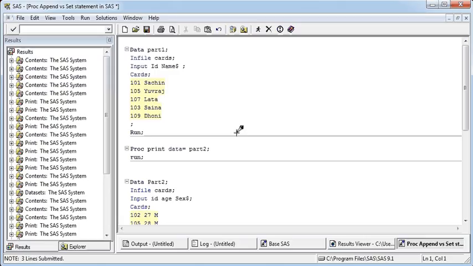Hello friends, in this video I will explain the difference between the set statement and the append procedure in SAS. Many of us are aware that the set statement and append do the same thing, but there is a slight difference in both the functions, or you can say both the methods. The major difference is that the append procedure is much quicker, but the only disadvantage is that it can only